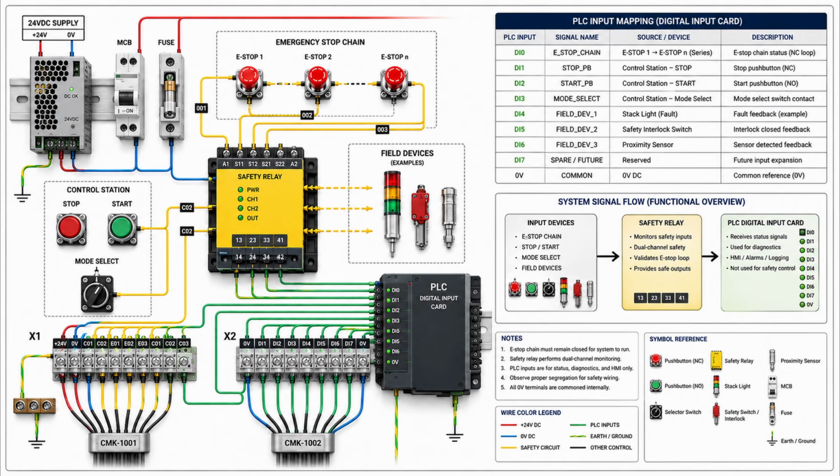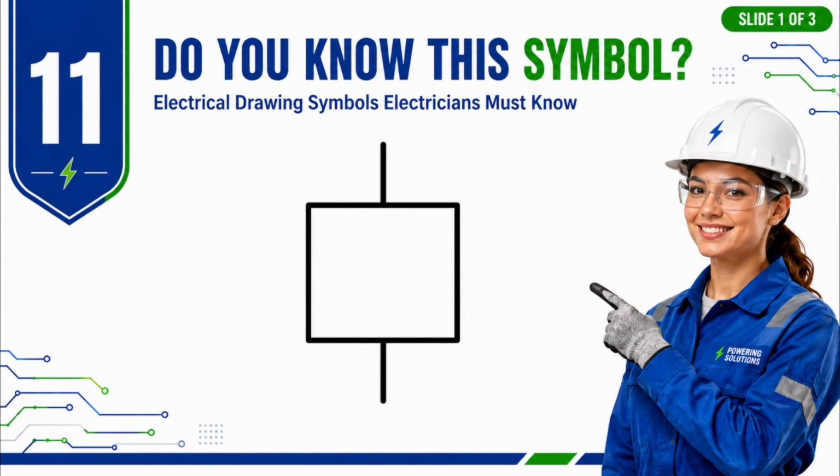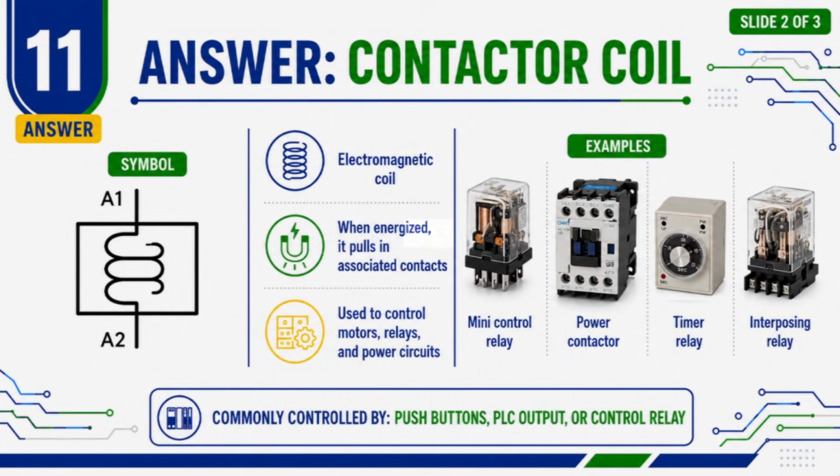Alright, let's get started. Now let's look at symbol number 11. You will often see this symbol in motor control and industrial electrical drawings. Do you know what it represents? This is a contactor coil. Its terminals are normally marked A1 and A2. When voltage is applied, the coil creates a magnetic field that operates the contactor and changes the state of its